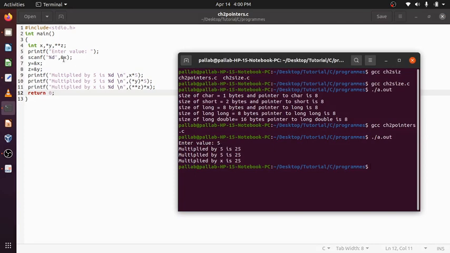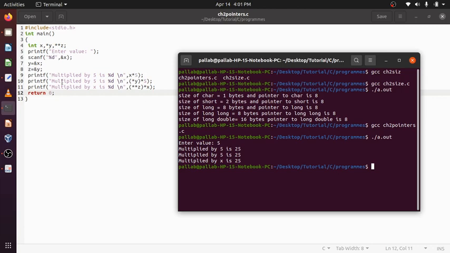In scanf, I am sending the address location of x, and in that address location I am getting 5. So y equal to ampersand x, the address of x, is assigned to y. After that z equal to ampersand y, the address of y is also assigned to z.